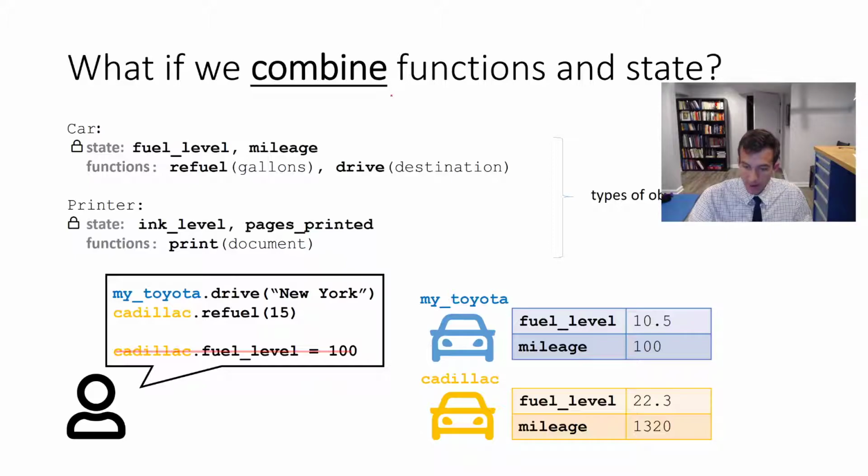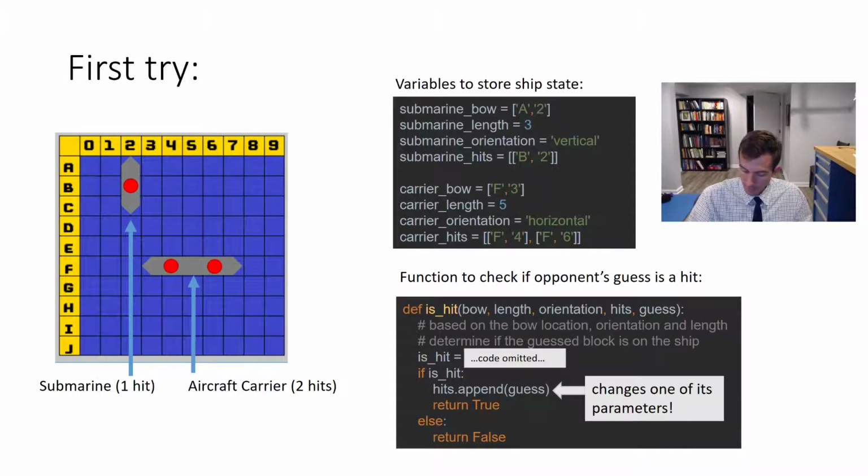So here we've got the set of variables, and for each one of the ships, the submarine and the carrier, we have a full set of those four state variables we discussed in the first slide. And if we want to do something with this ship, any function has to get all of those state variables as inputs,